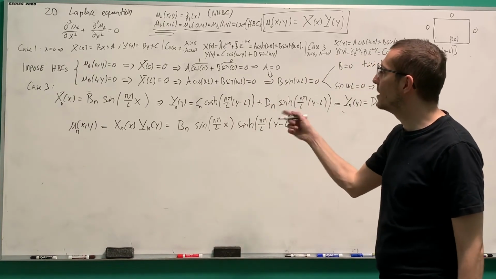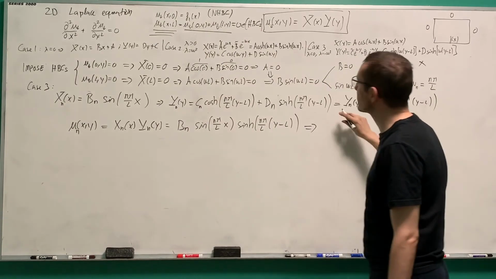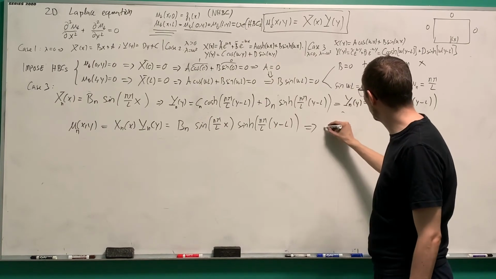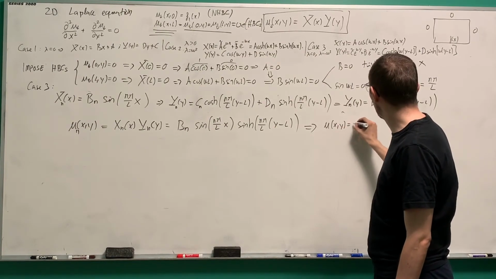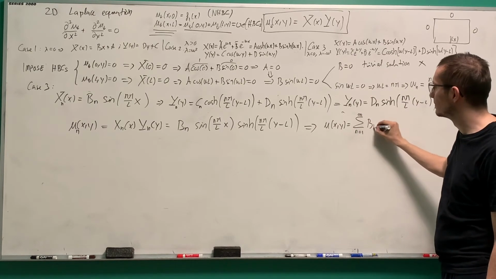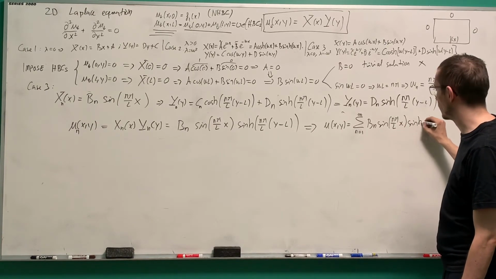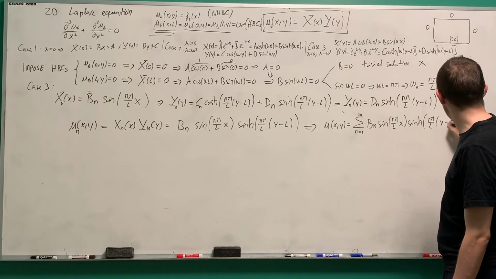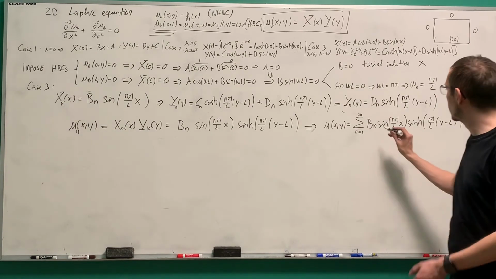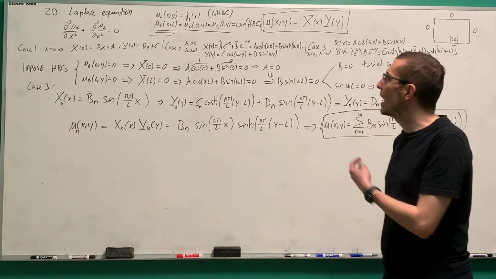All right, so these are each of the solutions. So if we want to write the most general solution that satisfies all the HBCs, most general solution to the Laplace equation satisfying all these HBCs would be of the form u of x,y equals sum over n of b_n sine of n pi over L x sinh of n pi over L (y minus L). There we go. Now we have to determine the coefficients b_n, which are the only unknowns here, the arbitrary constants that are multiplying this, and we do that by imposing